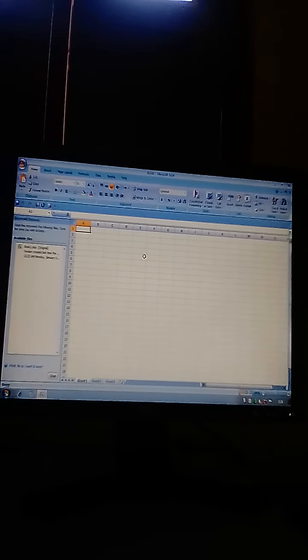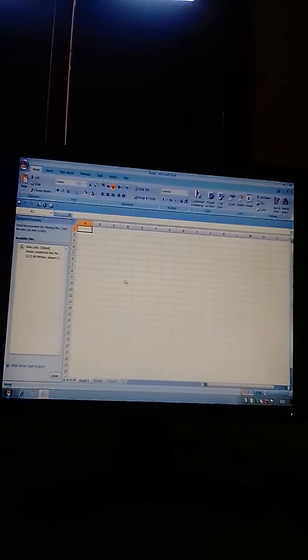So dear students, when you open Microsoft Excel, your program will be based on lines. There are two types of lines in Microsoft Excel.